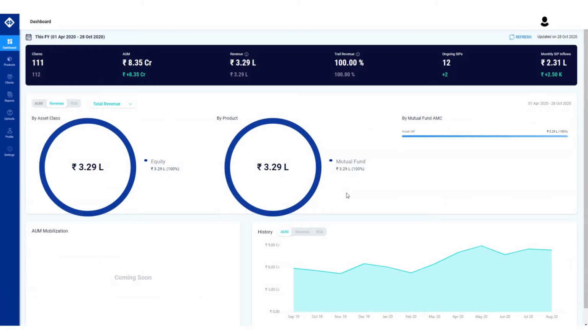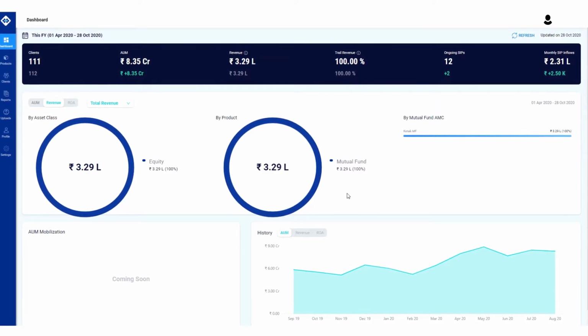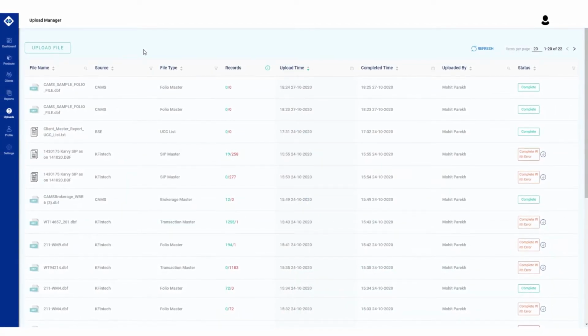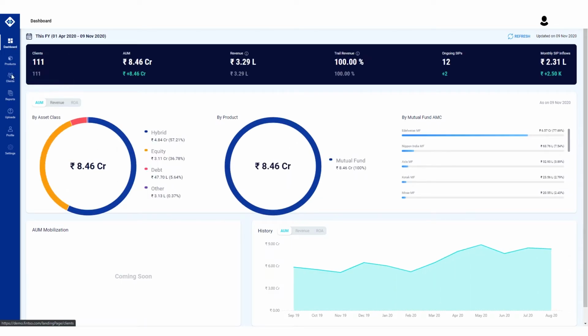The financial summary of your business can now be consolidated, viewed, and tracked in a single screen. Once the data is uploaded, the true power of Finso is unveiled.